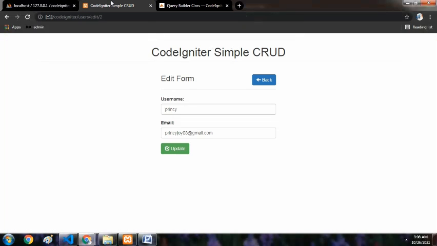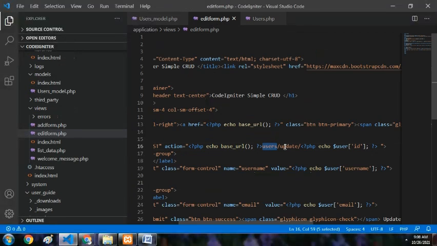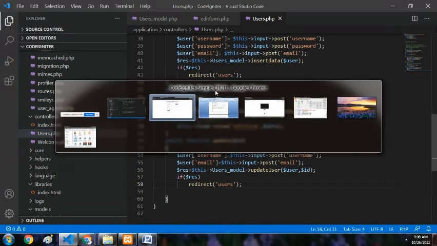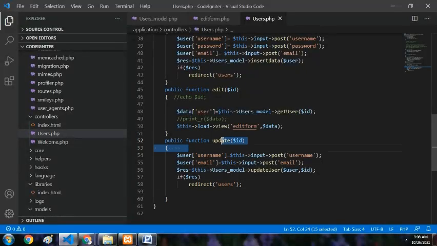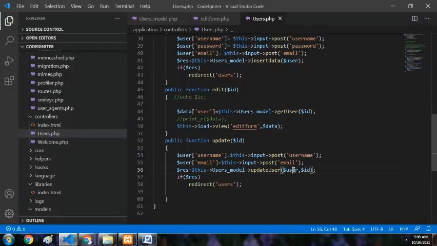Let us check the result in the preview. Now we have populated the data in our update form, and I am going to update the data with 1 2 3, and click the update button so that it should go to the corresponding users update action with the user ID in the controller. That section will take the corresponding data from these two field names, and it will put the data into the model for updation.